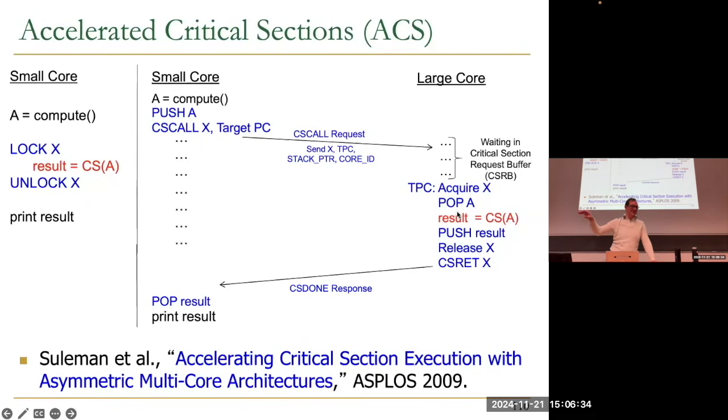We discussed this in a footnote in the paper, but there are two reasons. One is false serialization. Once you have false serialization, you still need locks to execute. So there could be some lock executing here, another lock executing here for the same critical section, potentially. And the other reason is really correctness purposes. We don't want to eliminate locks